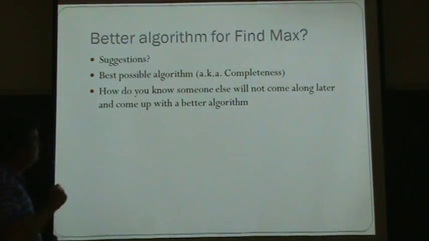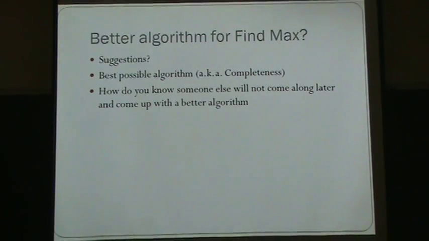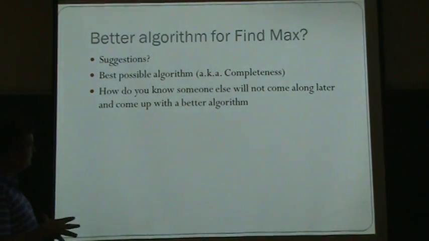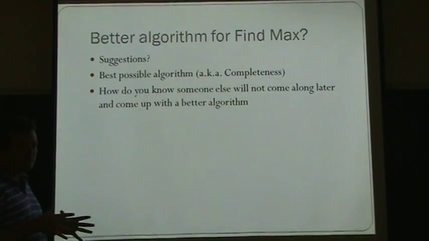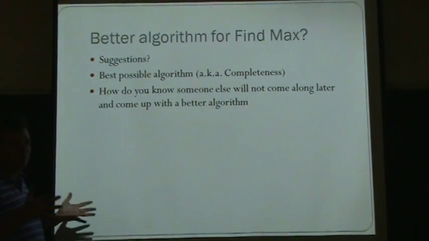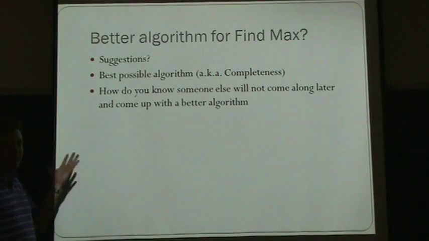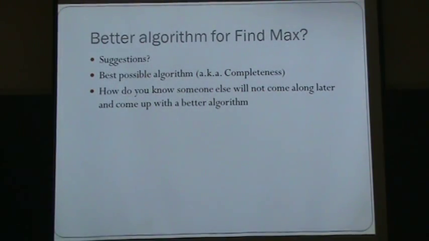Completeness is when you make the argument that my algorithm's time can't be beaten by another algorithm. So if n was 1,000, and you came up with an algorithm that took n steps, and every algorithm in the world must take a minimum of n steps, then yours is tied for the fastest there is. There's really no point in coming up with a better algorithm because there really isn't a better one. And that's kind of the argument we want to make.